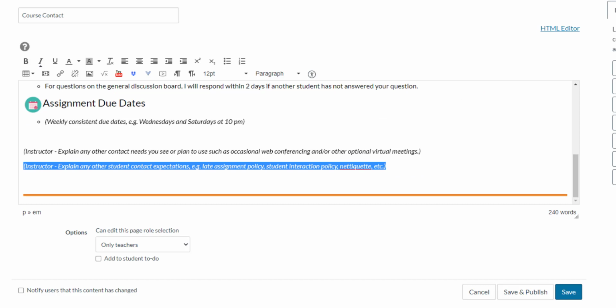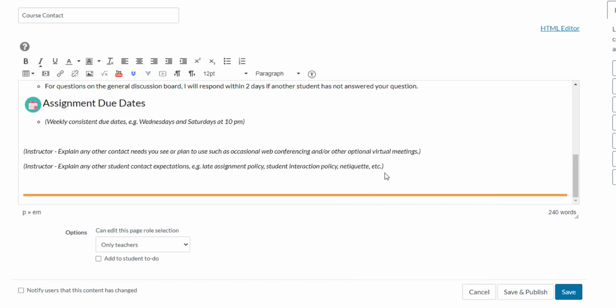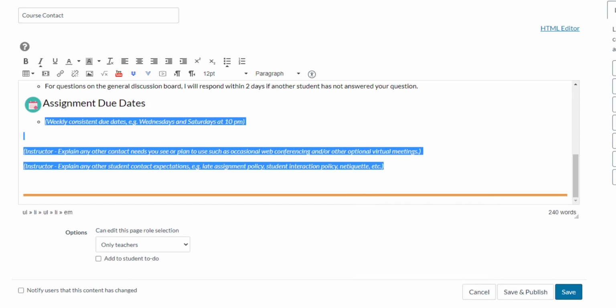For example, late assignment policies, how you want students to interact with each other. You could put a link to a Netiquette video in here to show them what it means to participate using Netiquette. When you are done, make sure that you take out all of the italics and all of the highlights